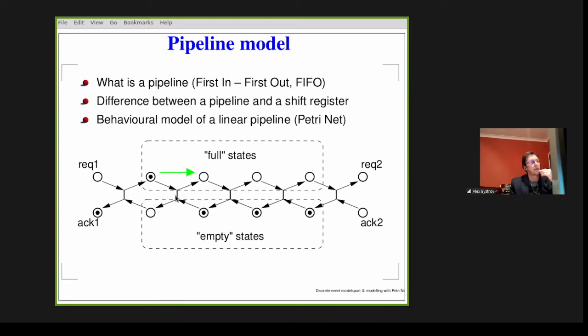Because this transition now is enabled, because of this guy and this guy, right? This transition is enabled, it will fire, and as a result of firing, this token will go down and this one up. So it means that the data has moved. Now the flag here goes down, and this one goes up. So exactly that's what we will see. Like that. What happens next?